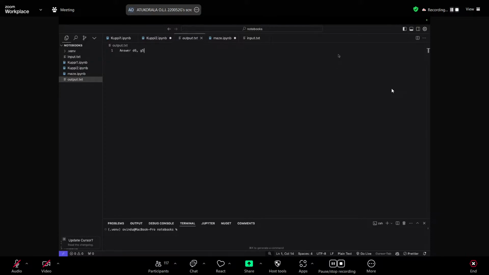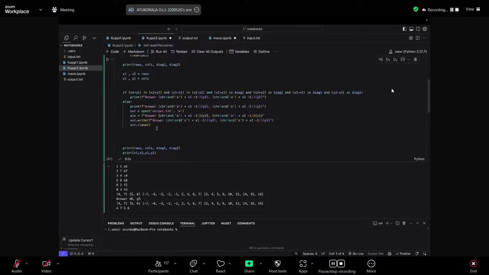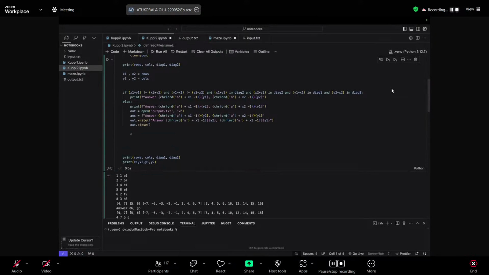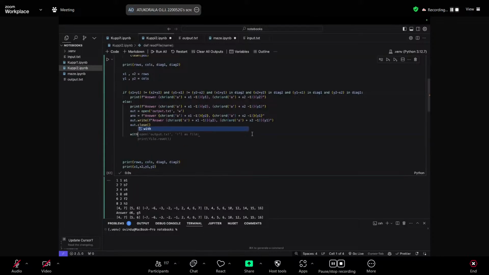Will open do both automatically? That is a good question. If you use open something like this, I think you have to use with open, which I think was specified in your notes. I can't remember exactly what the syntax is, but okay, this is the syntax. Yes. So if you do it like this, then it will automatically close after this loop runs, right? If you use this syntax.